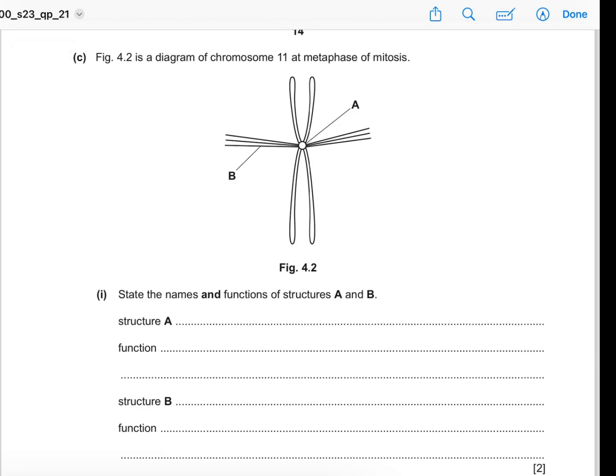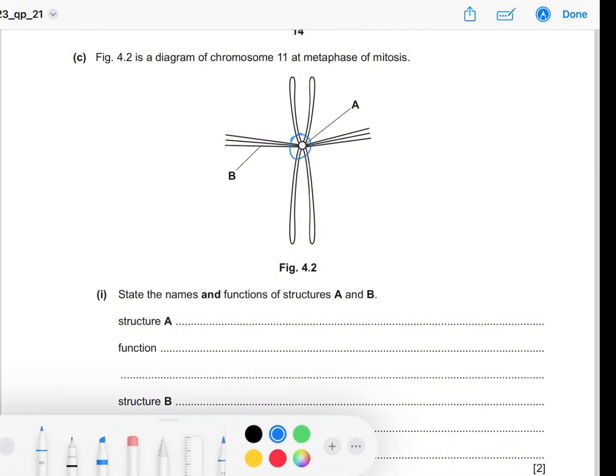C. Figure 4.2 is a diagram of chromosome 11 at metaphase of mitosis. So this is the second stage of mitosis, as you have prophase, metaphase, anaphase, and telophase. Part 1, state the names and functions of structures A and B. Structure A here is the centromere, which is responsible for connecting together the sister chromatids in a chromosome, and structure B is